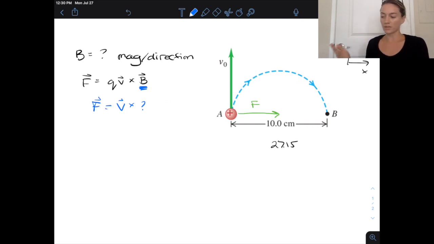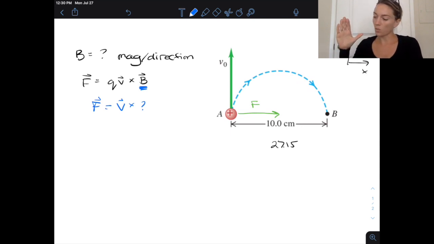Okay, so what I would do for this is say, okay, I'm going to point my hand in the direction of the velocity, so I'm going to point it straight up in the y direction. I know that my thumb ends up pointing to the right. So what direction do I have to curl my hand in order for my thumb to be in the direction of the force? Because we know the force is pointing towards point B. So how do I have to curl my hand in order for my thumb to be pointing in the correct direction? Well, if I point my hand again in the direction of V, if I curl my hand this way,